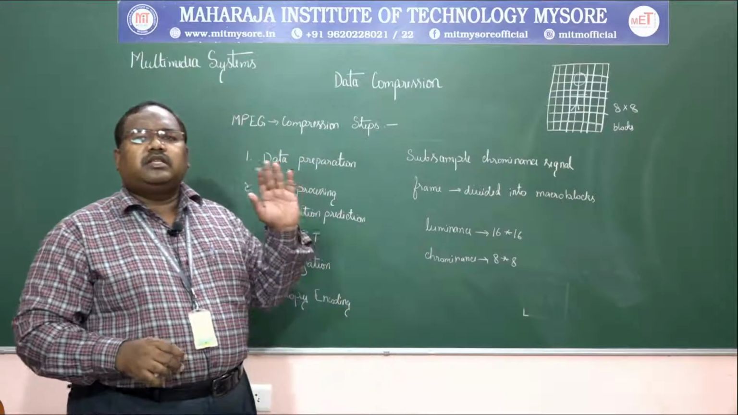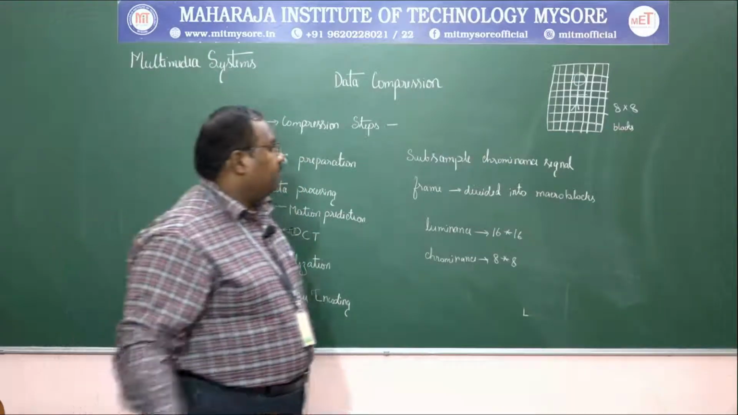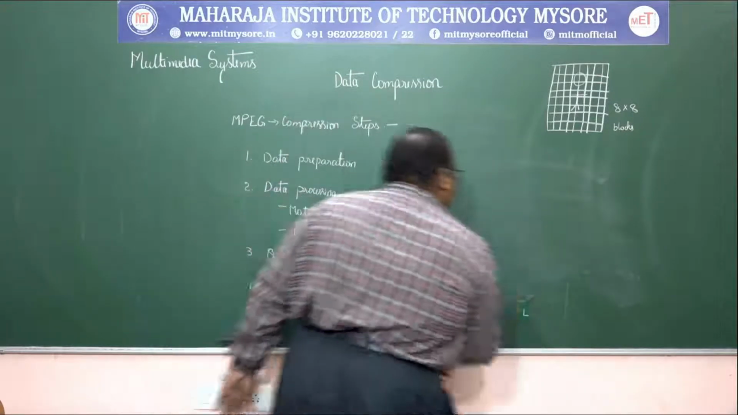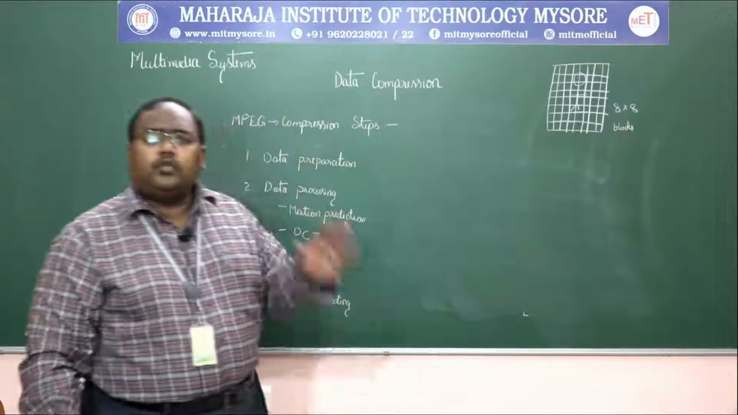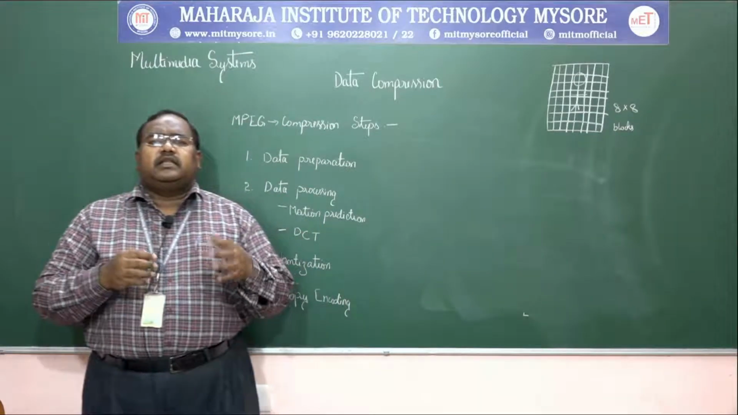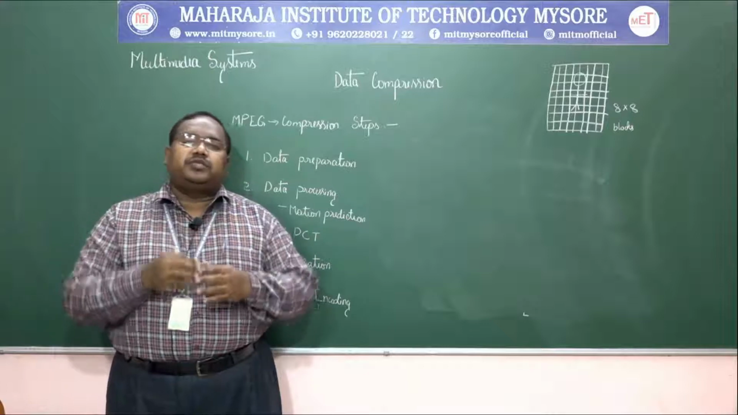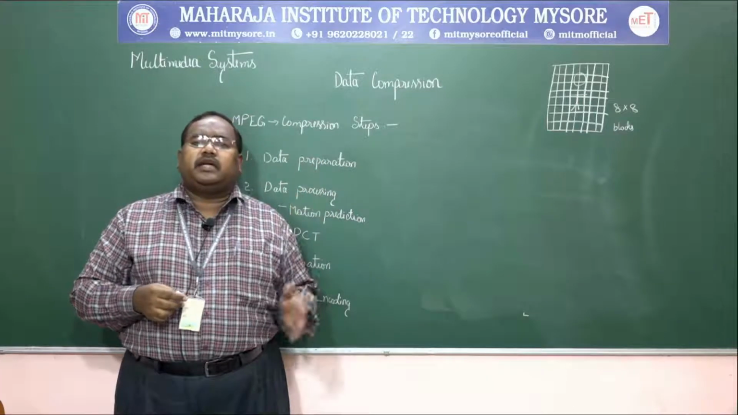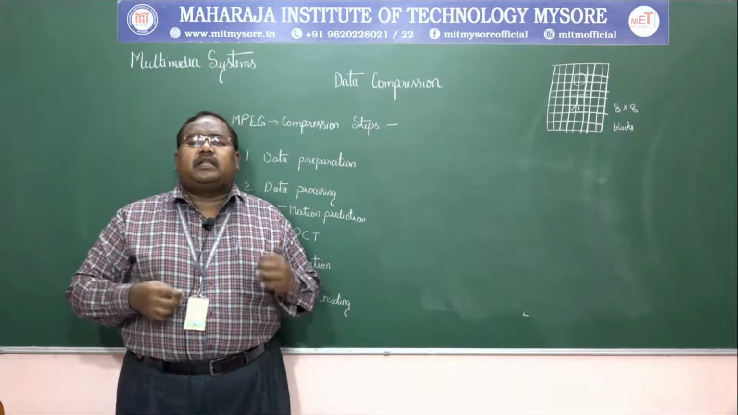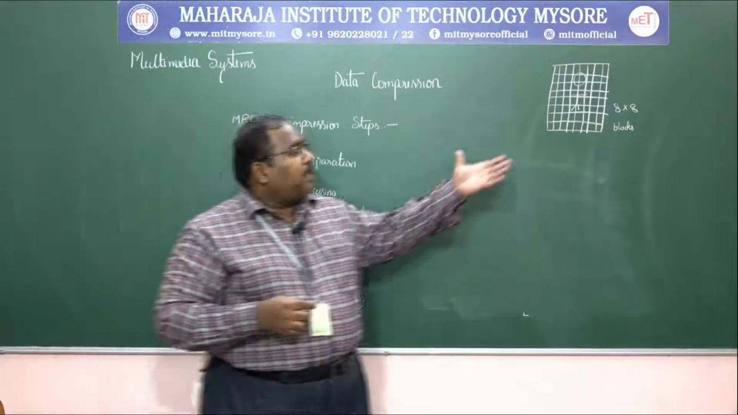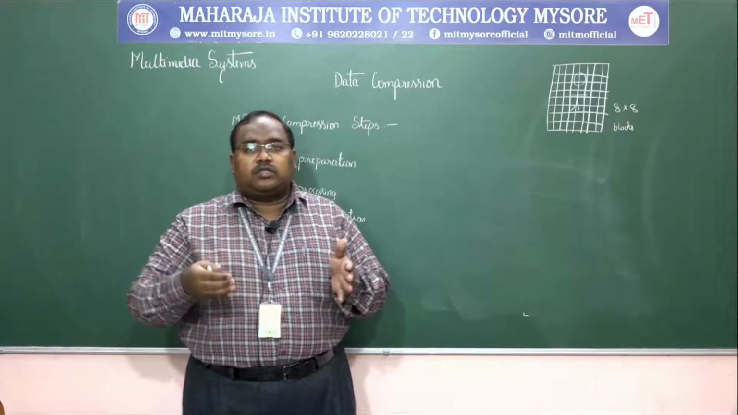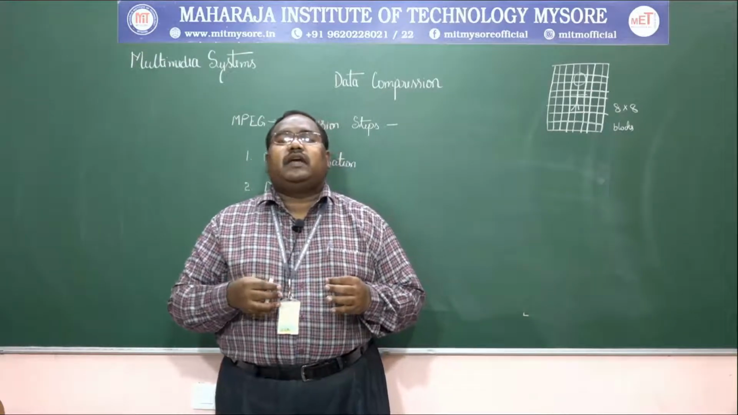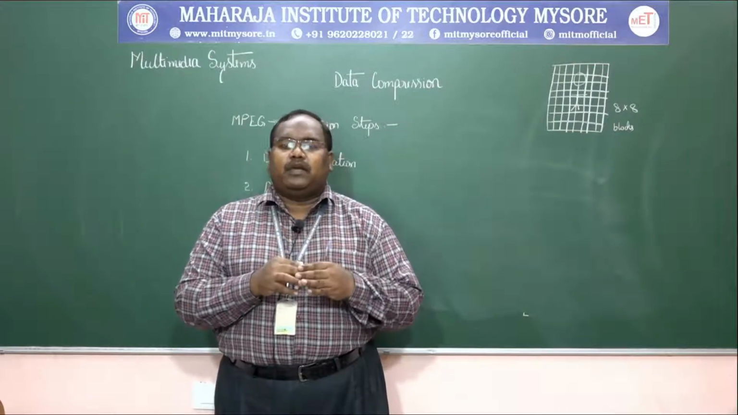Now let us go into stage 2, that is data processing. So what we do here in the second stage? In the second stage, we apply the motion prediction. Since this category of MPEG comes under the prediction category, we apply a prediction at the macro block level. These are called macro blocks. At each frame, different blocks will be there. So we apply a prediction at the macro block level, where we identify exactly where motion is happening,